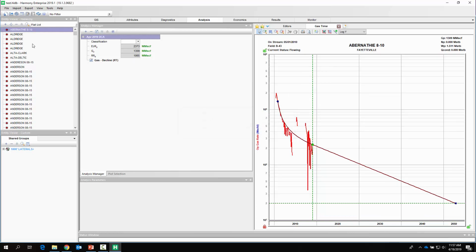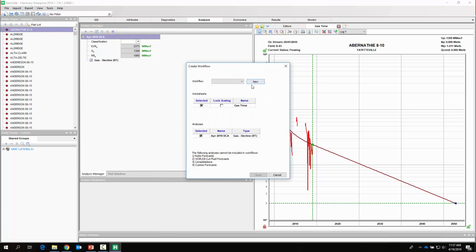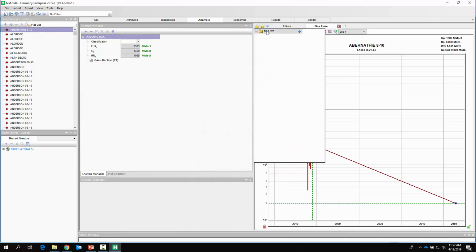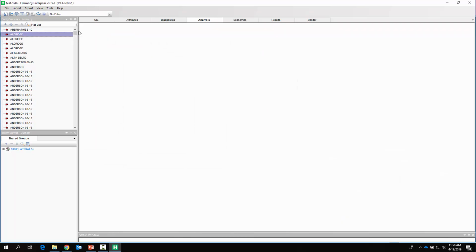Now imagine if I had to go through that process that I just showed you for every single well in these 1,000 wells. It would take a long time. Instead, we're going to automate that. So here we have these kind of favorites or bookmark looking symbols. We're going to create a workflow, and this is going to include a rate time plot and also a decline. So we'll create our decline analysis workflow, and now we see under our saved workflows we have this one that we've just created. So let's go ahead and apply it to all these other wells